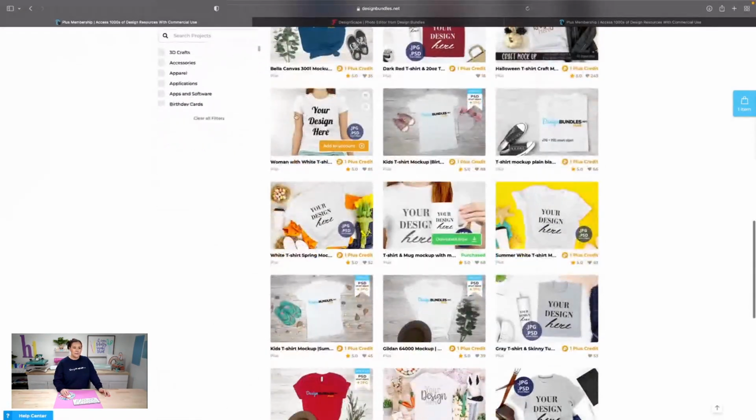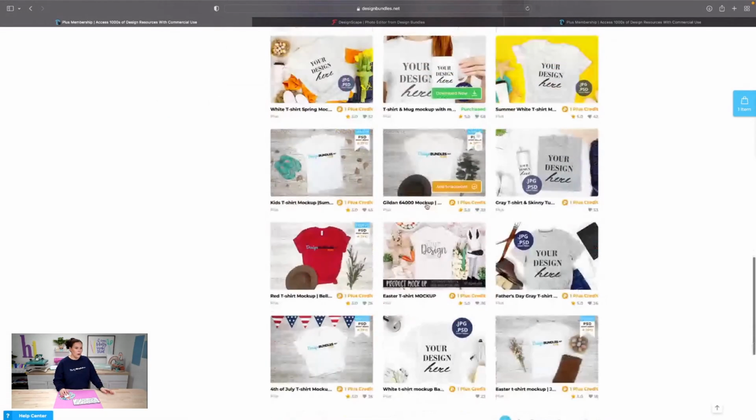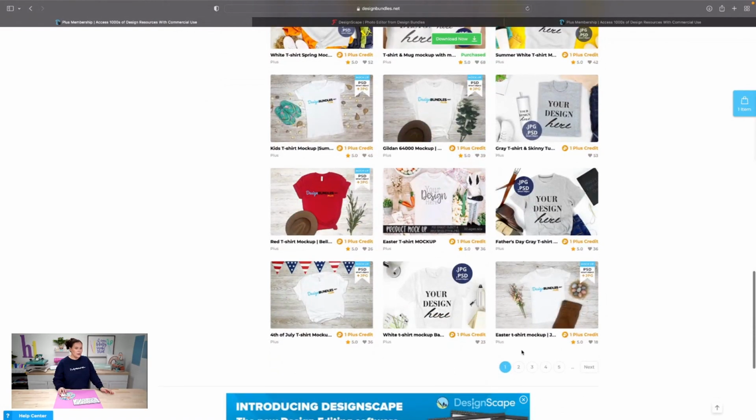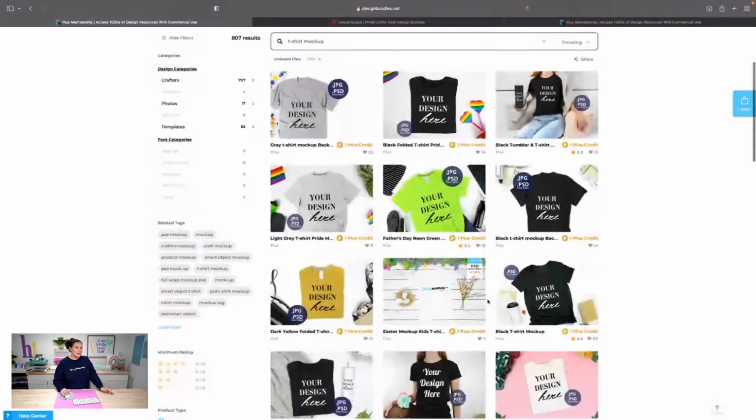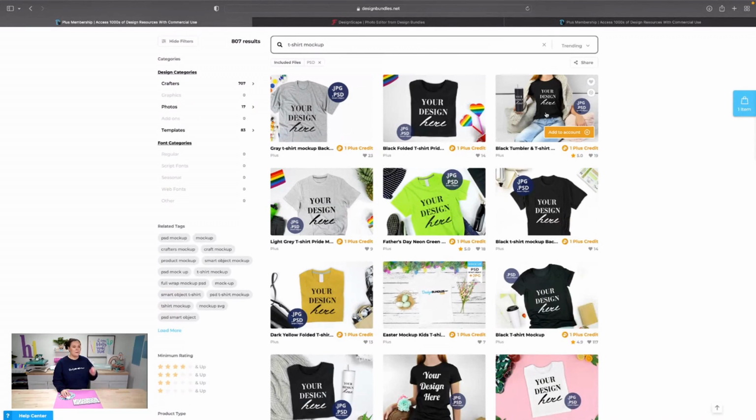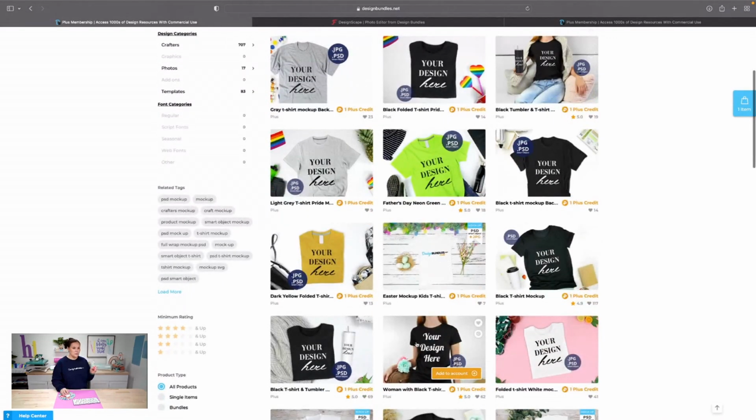I really like this one here, but you're not going to really be able to see that bleach effect because the t-shirt is white. We could definitely do a red one. I'm going to go ahead and scroll over and see if I can't see a colored one. Here's a black one. Now, this one's really cool too. I think I'll do this one right here.